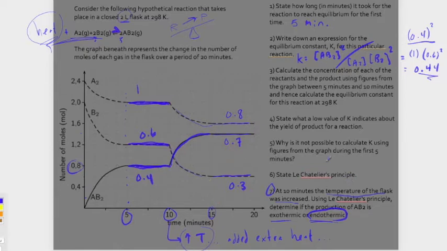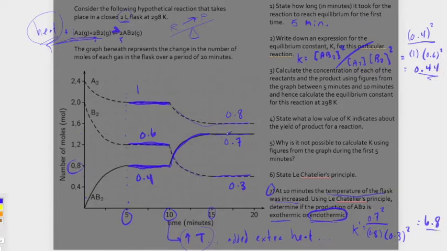I might call this K prime or something, my new K value at this new higher temperature. My new K value is going to be the concentration of AB2 squared, so 0.7 squared, divided by the concentration of A2, which is 0.8, raised to the first power, times the concentration of B2 raised to the second power, so it's going to be 0.3 squared. And my new K value, therefore, is 6.8, which is much, much larger than it was before, which makes perfect